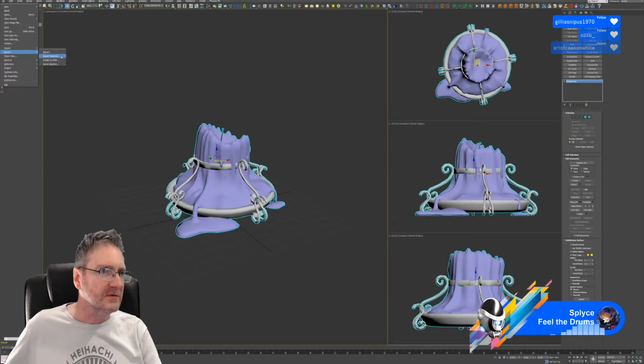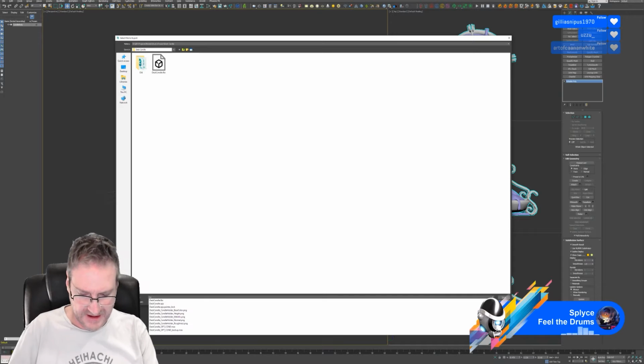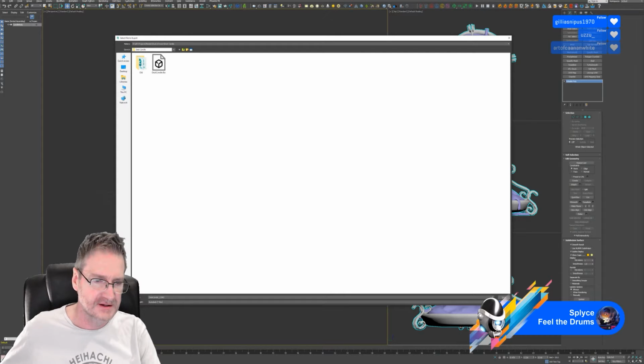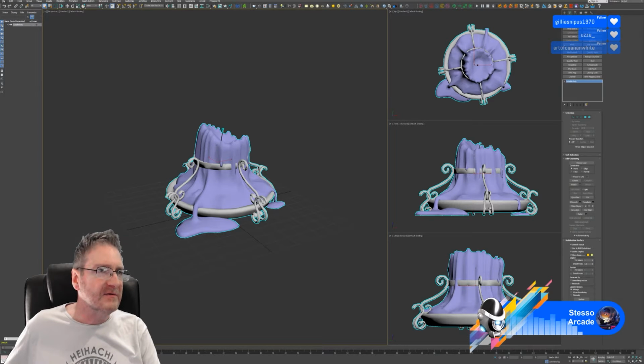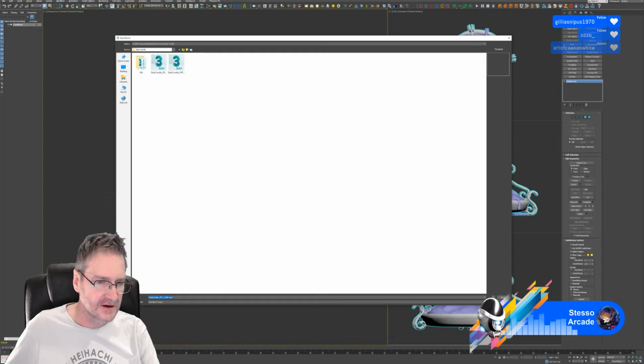Re-export the model. I'm going to call it desk candle condensed. And save the file as a new version, just in case I ever need to go back.